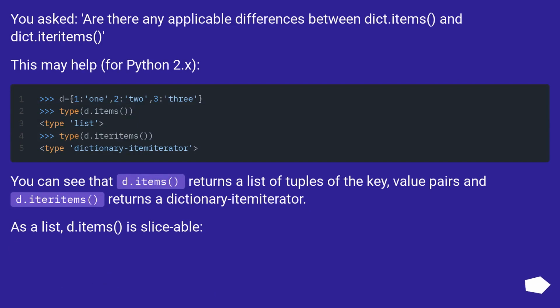You asked, are there any applicable differences between dict.items and dict.iteritems? This may help for Python 2.x. You can see that d.items returns a list of tuples of the (key, value) pairs and d.iteritems returns a dictionary-item iterator. As a list, d.items is sliceable,